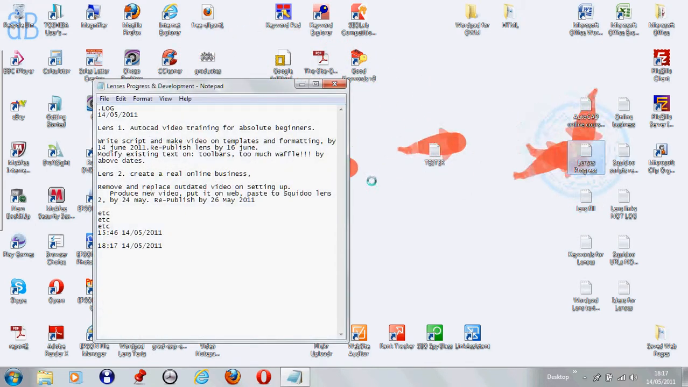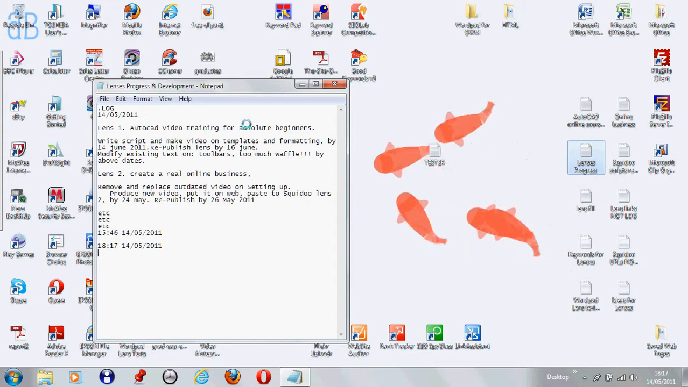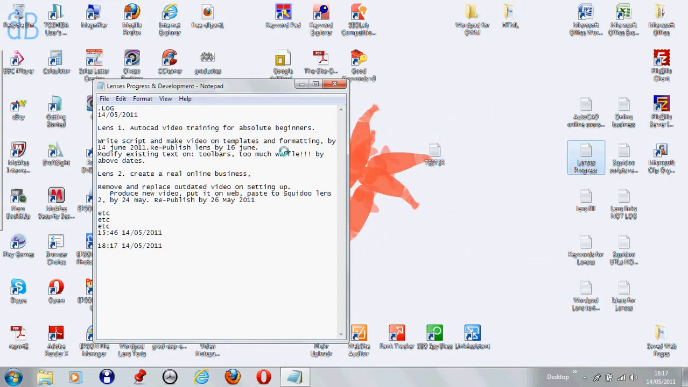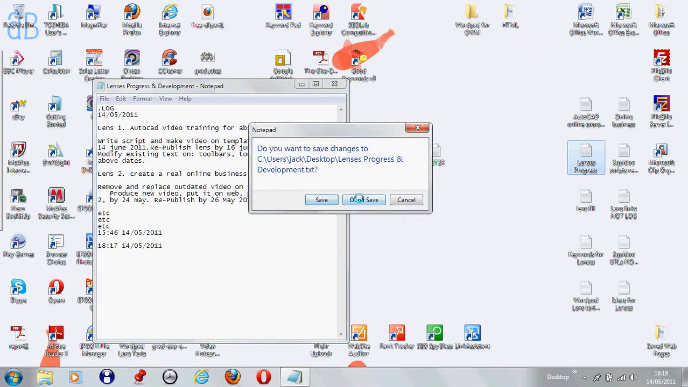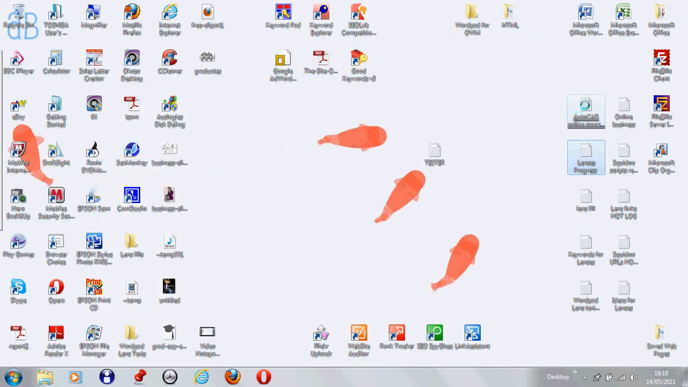Lens progress. And this is the AutoCAD one I'm doing. Write script and make videos on templates and formatting by the 14th of June. Republish the lens by the 16th of June. Modify existing text on toolbar. I've put too much waffle in there. That means me waffling. By the same dates there. Lens 2. Produce a new video and have it published by the 26th of May. So that's getting a bit more realistic. And the AutoCAD one,